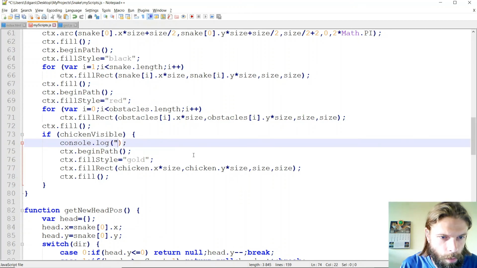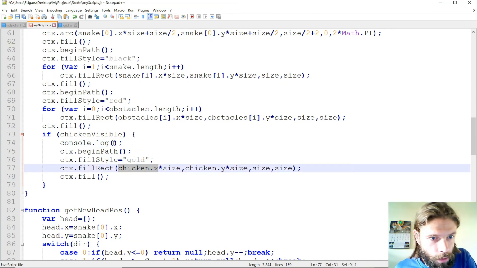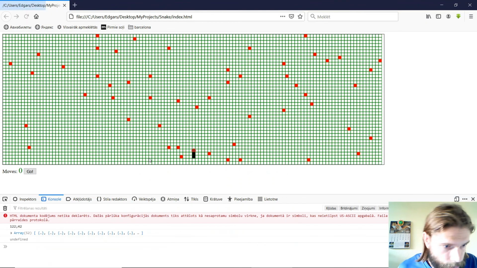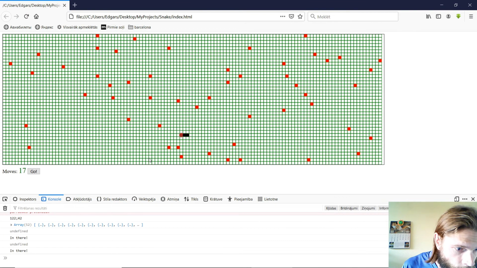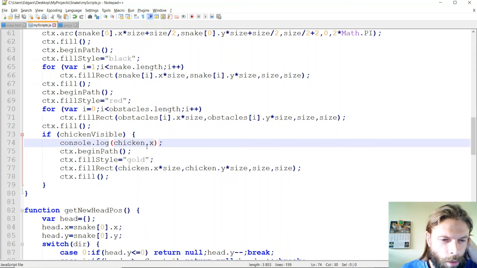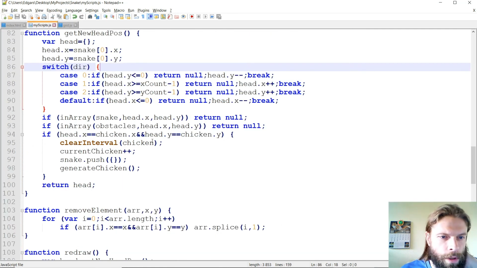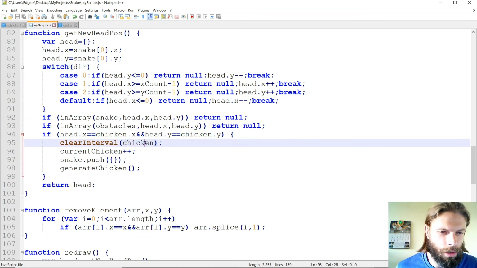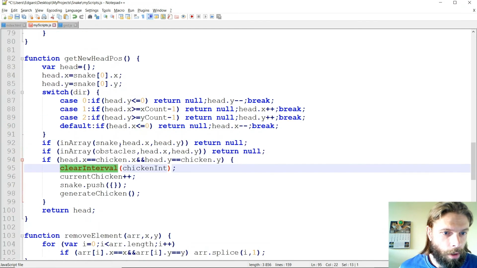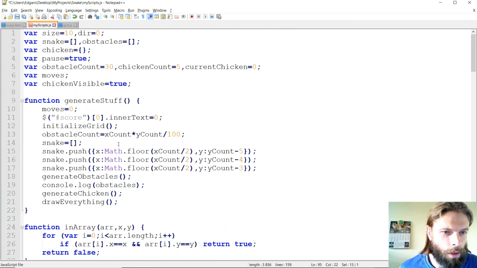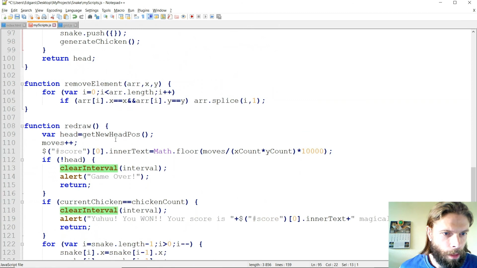So let's say we want to print out chicken X coordinate. Undefined. So this is undefined. Okay, so there is our problem. So chicken X is undefined. Why is it so? Maybe there is some problem because we have called the same variable. Of course, we can't call. So let's say chicken interval, chicken int, and where do we set